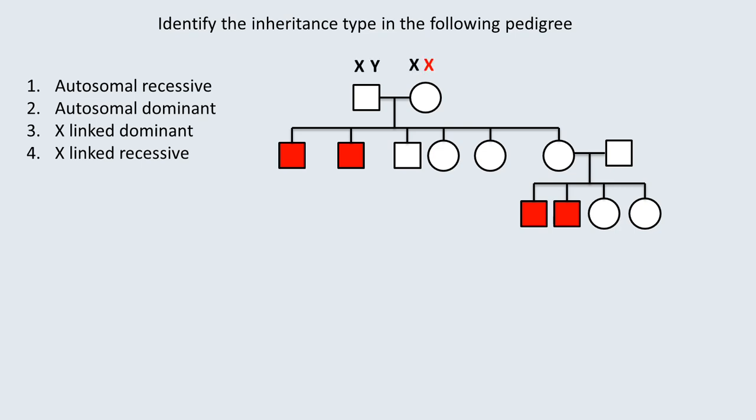So we can check this out. The first generation male is completely healthy, but however the female, we have to consider her as the carrier. Now, the second generation male who is affected, his genotype will be in this particular way, where one X chromosome is coming from his mother, but that X chromosome is carrying the lethal mutation, and the father is contributing only the Y chromosome, hence he is showing the trait. Similarly, the second male of the second generation who is affected must be having the same kind of genotype. As a result, he is affected. But what about the third male of the second generation? He is unaffected because he is carrying that one normal X from his mother and then Y from the father.